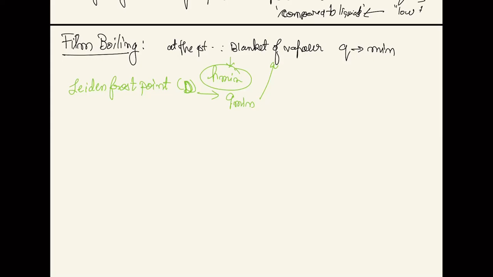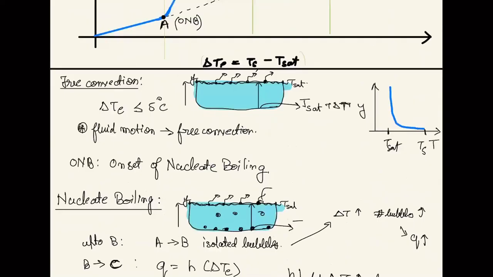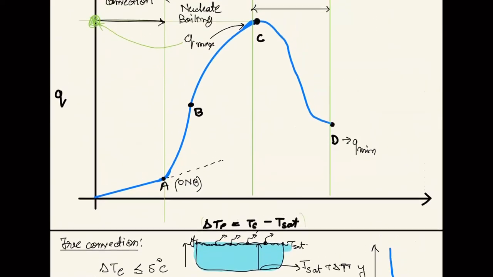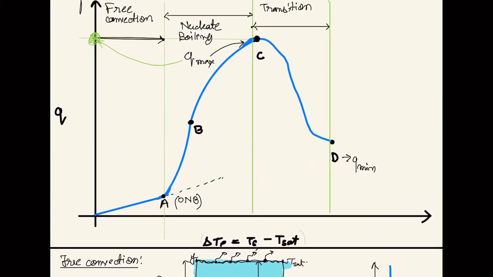and from here now what is happening is that H has become the minimum value, which is for a complete vapor layer. Now H won't change much, and now we keep on increasing the temperature. No problem, हम temperature बढ़ाते रहेंगे, no matter what. What will happen? Now H is not going to change much, क्योंकि एक बार वेपर बन गया है, वेपर में उसका चेंज बहुत ही कम होगा.